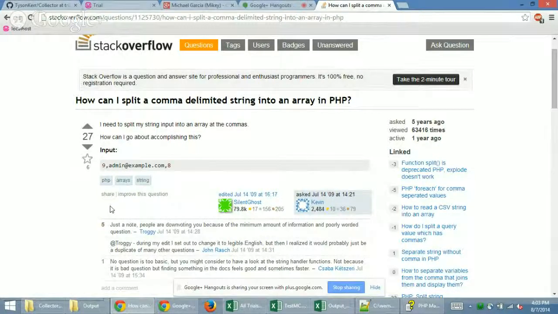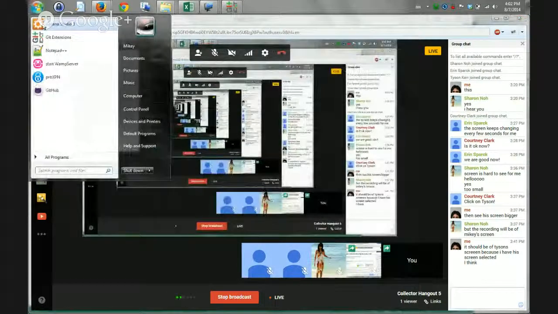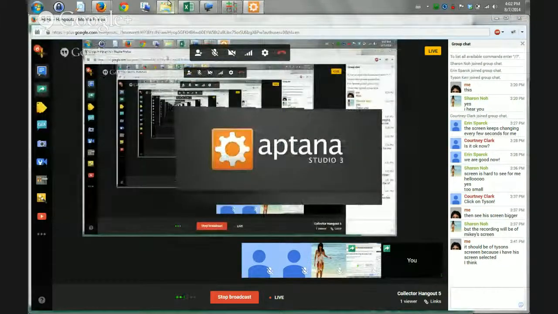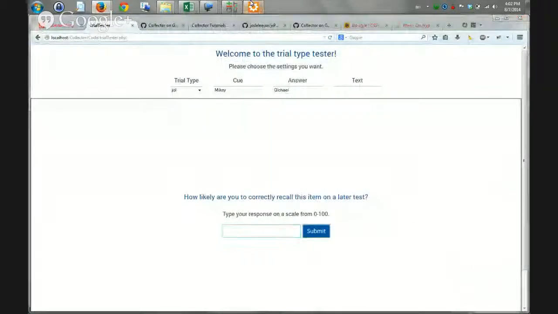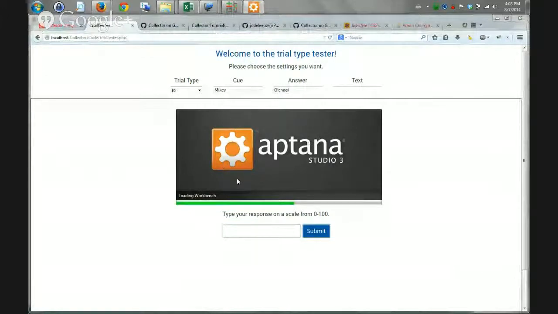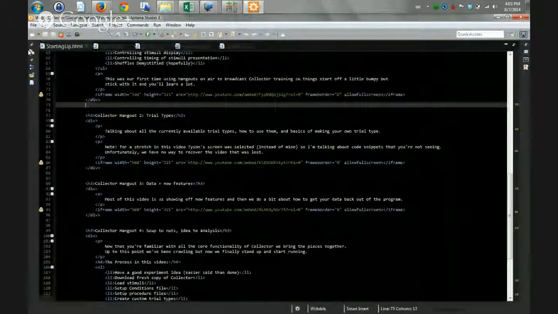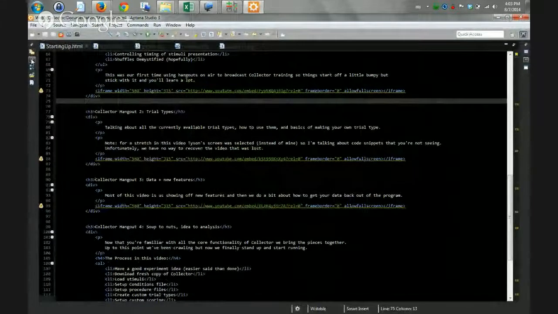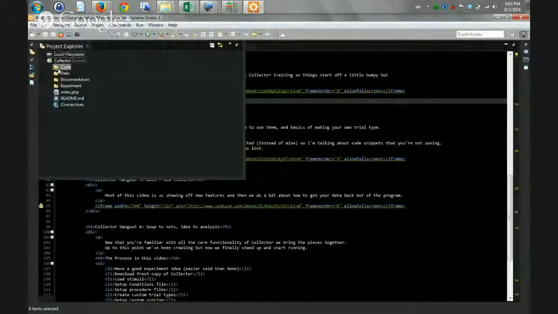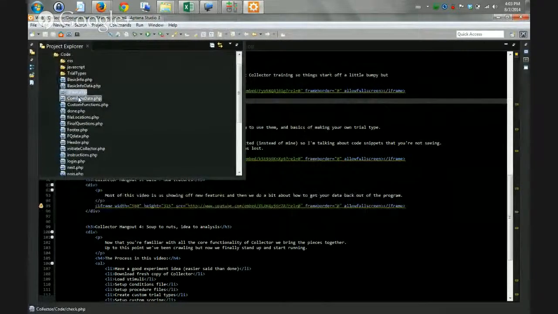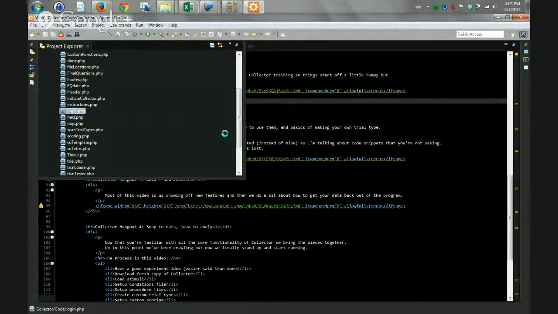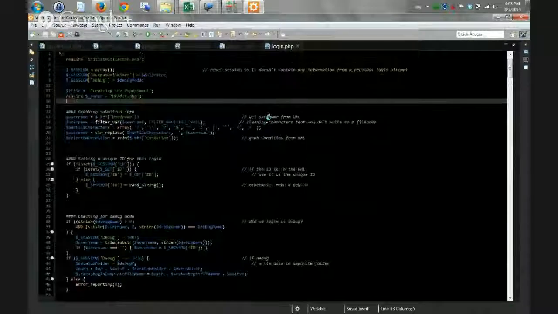If you're ever looking at the code and there's some function call that you don't understand, I would say the first thing to do is, let's pull up Aptana. So let's just go to login and find something that looks weird. Okay, so I'm going to go to something that has some code in it. So probably the most complicated code file is login.php. You shouldn't have to mess with this that much at this point. It's mostly just going to do its own things. But if you're looking for